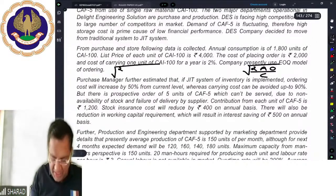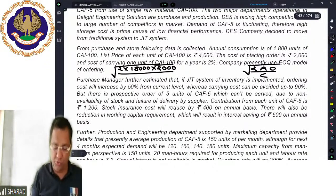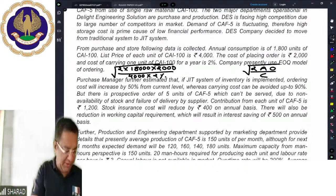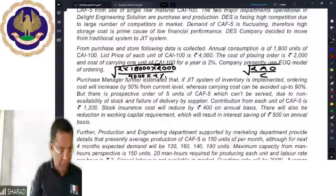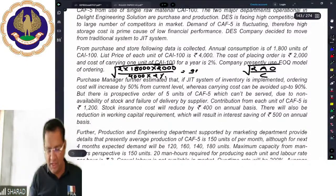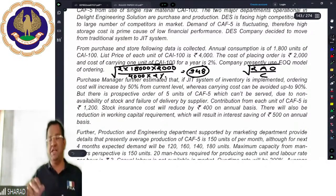So 2 into 18,000. Cost of ordering is 2,000. Carrying cost is 2% of 4,000 rupees. So the 4,000, its 2%, because C is carrying cost on a per unit per annum basis in rupees, right? So calculate it, beta, how much is coming? 2 into 18,000 into 2,000 divided by 80, under root. It's 948, approximately 950 units you are ordering at one time today